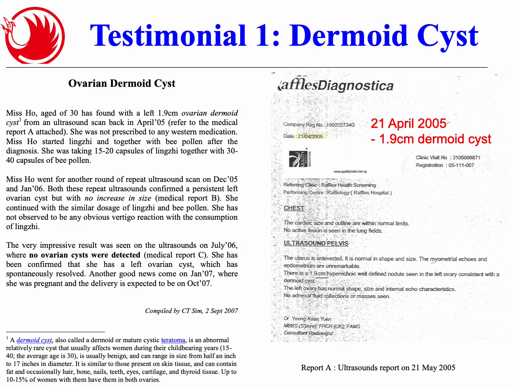This testimonial is from Singapore. A lady aged 30 back in 2005 was diagnosed with a 1 cm ovarian dermoid cyst from an ultrasound scan. The doctor asked to have 6 months under observation, to be reviewed in December 2005. No Western medication was prescribed for her. She started daily consumption of 15 to 20 capsules of Lingzi together with 30 to 40 capsules of bee pollen,